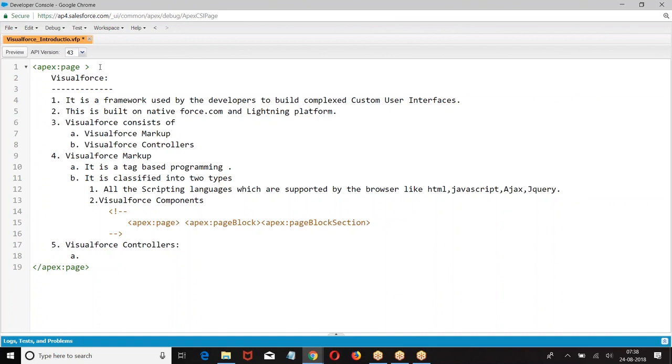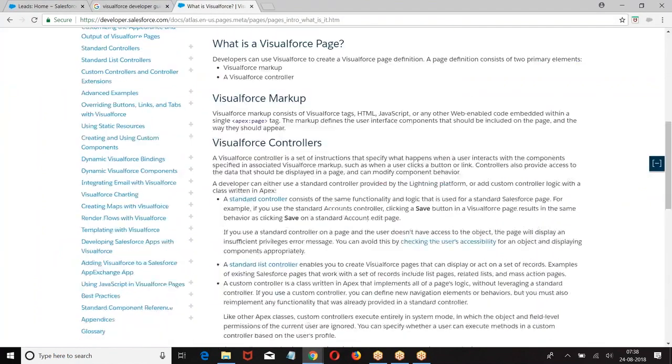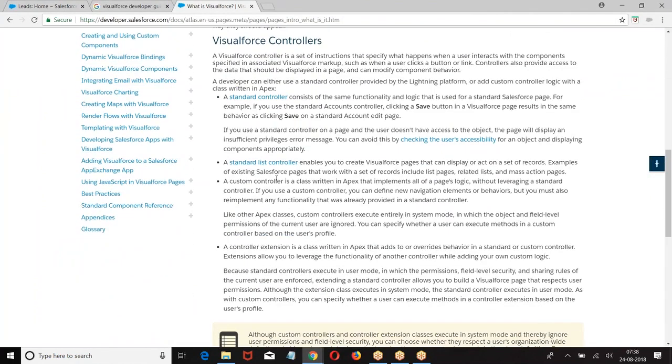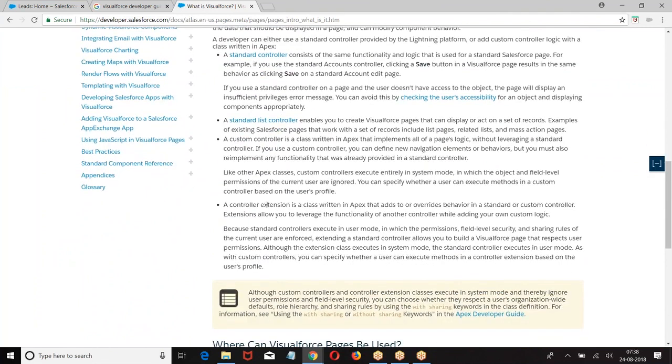When user interacts with any one of the components of the page, you want some action to be performed on the server side, then you go for Visual Force controllers, which can be standard controller. We have standard controllers, then we have custom controllers, we have extension.